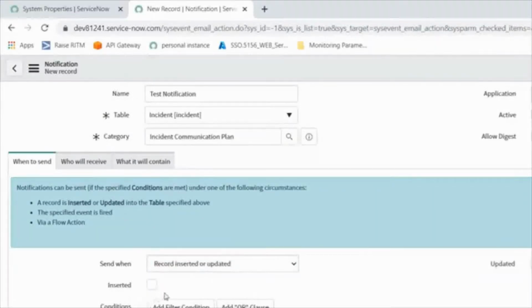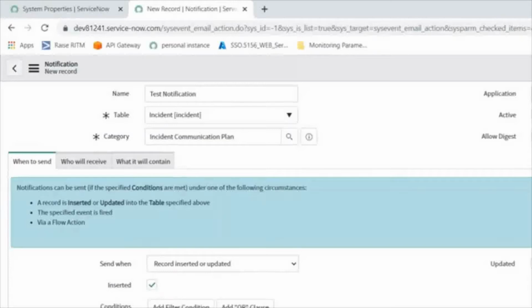So here you see the Inserted and Updated checkboxes. What is meant by these Inserted and Updated checkboxes, right? Whenever the record is inserted, created, this action will be performed. Whenever the record is updated, because I have already one incident, if I want to update any field on top of that, in that case this function will work. I'm just writing it as testing, right? Because of this function, the data is updated on top of the existing record.